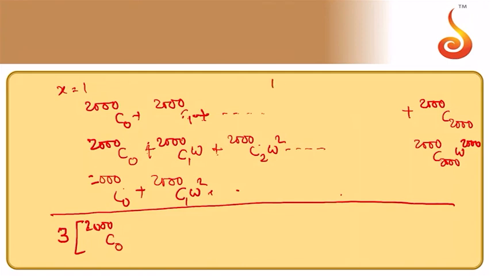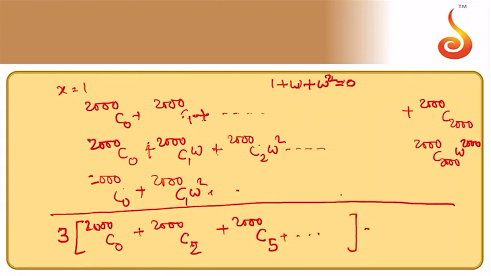If I add all the three, what we get is 3 times 2000 C0, since 1 plus omega plus omega square equal to 0. Using that result, we get